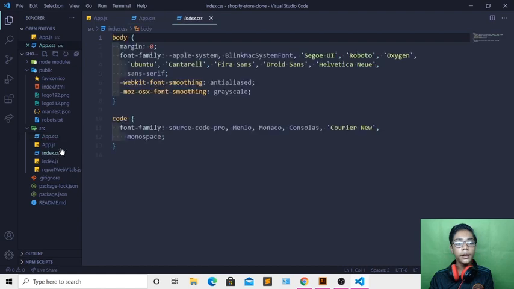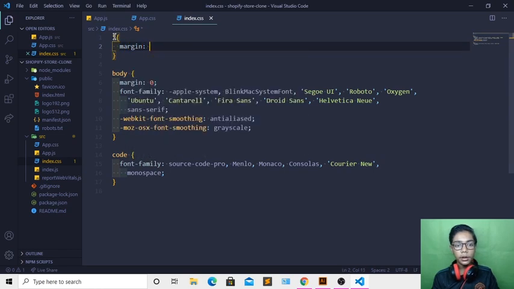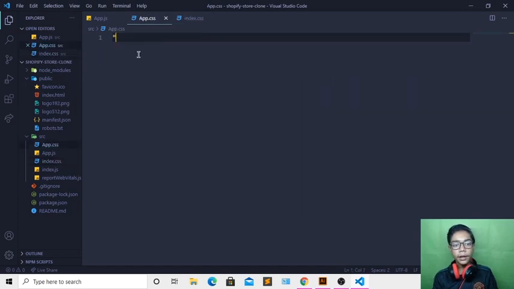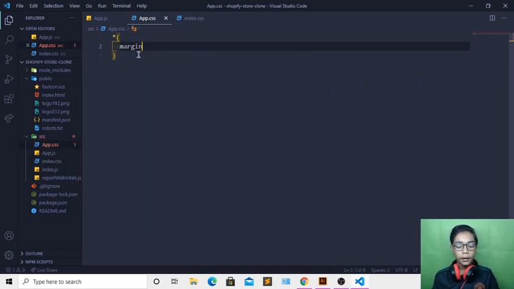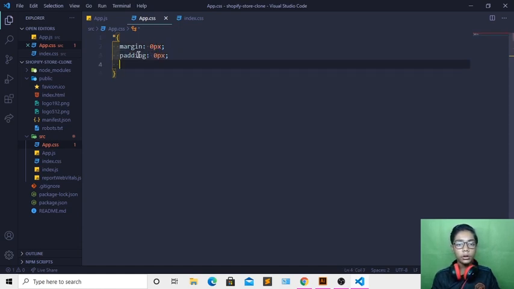Then I will be going to my index.css file, coming underneath, and I will be erasing the margin from the top which is coming in my text, so I'll be changing that to 0, or you can also write 0 pixel. I'll be hitting save here, go to the app.css file, and here I will be writing the starting code of that, creating 0 pixel, then I will be writing padding should also be 0 pixel, and erase